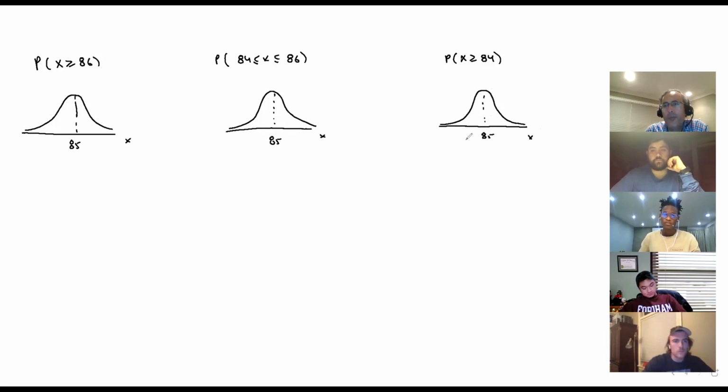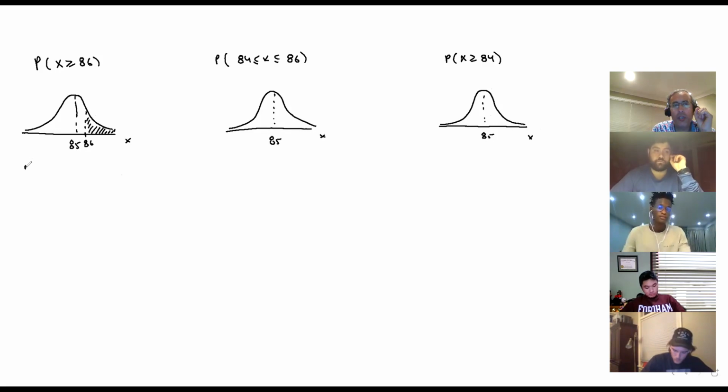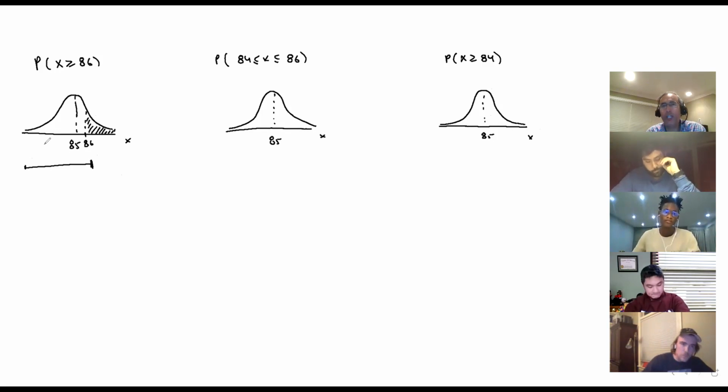Now, what is important, guys, is the region. So I want X larger than 86. So basically, I'm looking for this region here. Agree with me or not? Yes. Remember that Excel, guys, is always going to provide you the information from here to here. Always. Minus infinity up to the point. Got it? So if we do that in Excel,